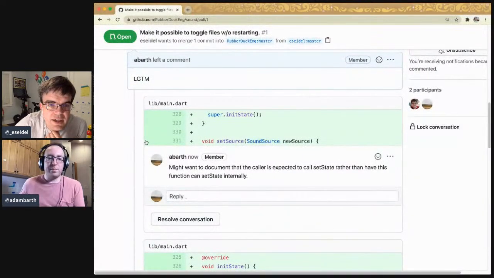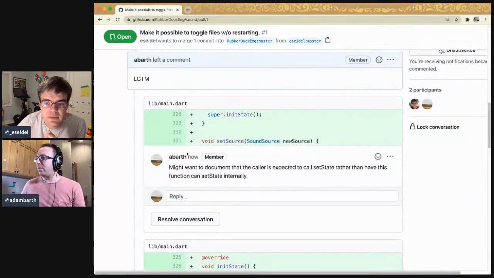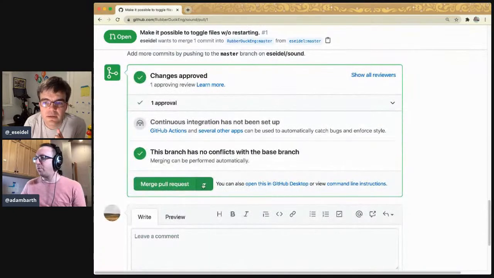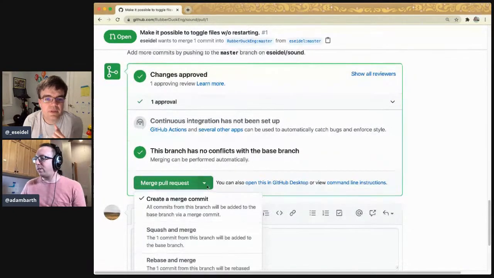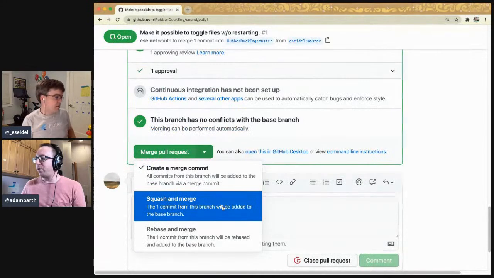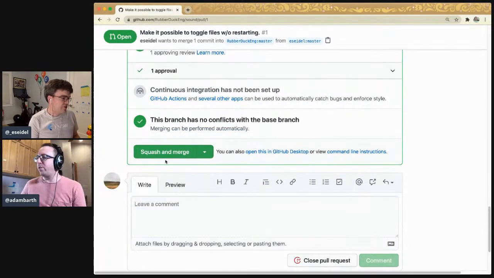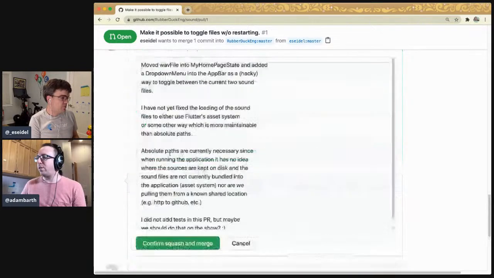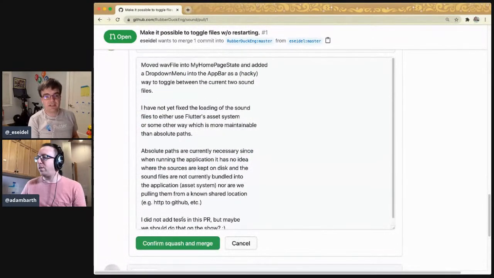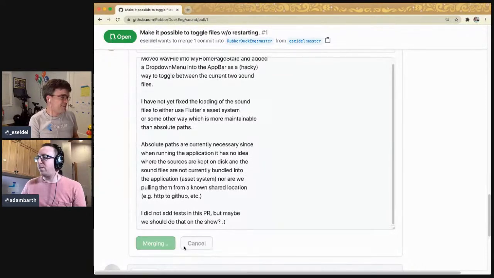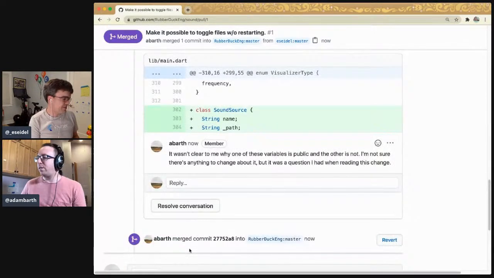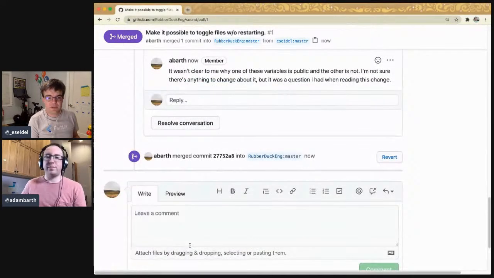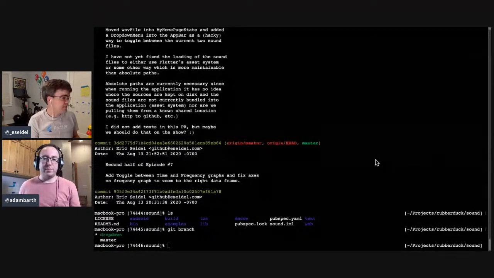Thanks. And I think you should have a merge button. All right. Merge pull requests. And then squash and merge. Sounds good to me. Squash and merge. I actually had to fix my GitHub setup to use my own personal fork of the project. I thought about setting up Travis for the project, but I didn't quite get there. Boom, it's done.